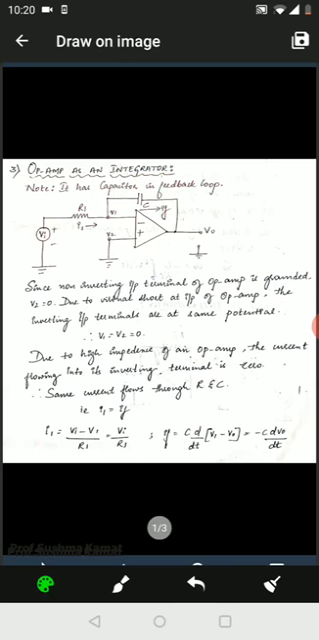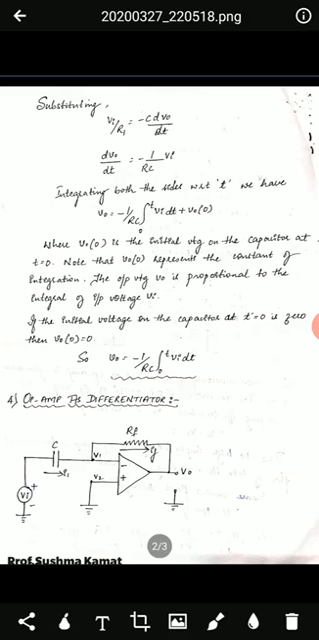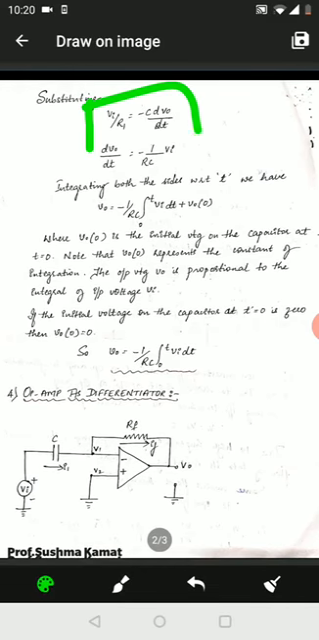What is the value for V1? The answer for V1 is 0. That is why IF is equal to C into d/dt of (minus V0). After taking this minus outside, we get the answer for IF as minus C into dV0/dt. So these two values are supposed to be equalized now according to the formula I1 is equal to IF. So when we substitute both the equations, that is Vi upon R1 is equal to minus C into d/dt of V0,